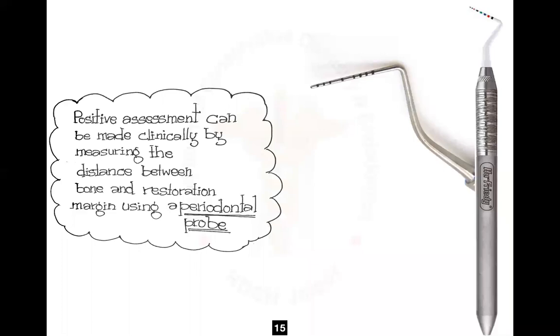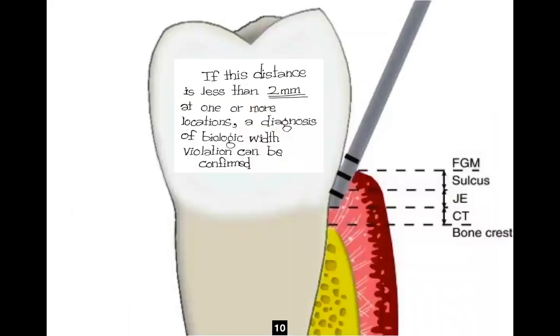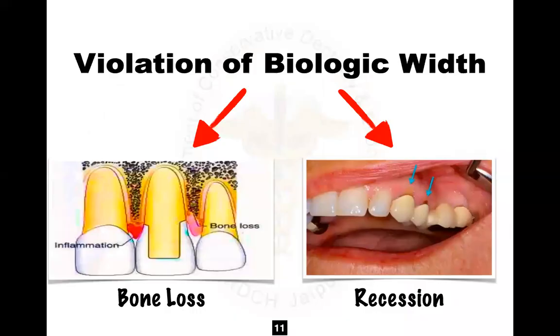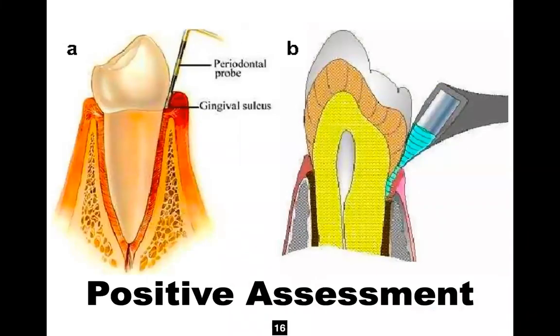There's a video coming up in a few consecutive slides where you will be checking out the sounding of bone yourself. And what we do when we've done this sounding to bone, we subtract the sulcus depth, and the resulting measurement will be the measurement of your biologic width, which includes what? It includes the epithelium and your connective tissue attachment. So basically, you take a probe and measure the entire sulcus. You measure to the bone level. Okay. And then you subtract the sulcus depth and you get your biologic width. This is known as sounding to bone.